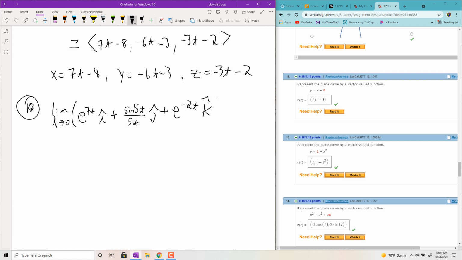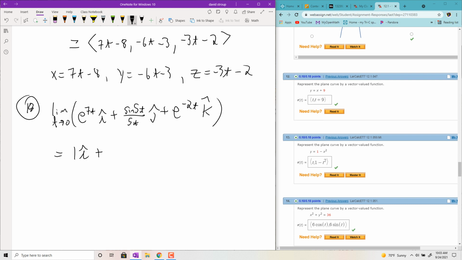Okay, and for most functions, if they're continuous at the point, all you have to do is substitute in the value that t is going to. So in this case, you can plug 0 in. e to the 0 is just 1, so you get 1i